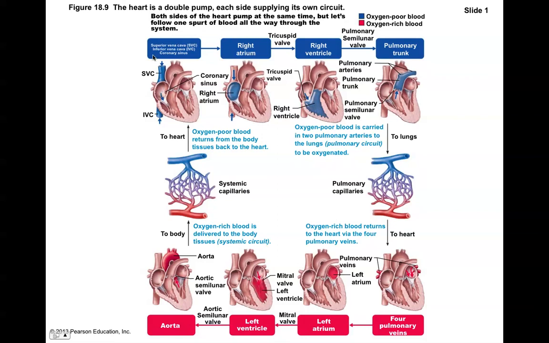And the blood is coming from the superior vena cava, and this is deoxygenated blood returning from the upper part of the body. And then the inferior vena cava, that's the large vein carrying all the blood from the inferior part of the body. And also, remember, we've got our coronary sinus in the back that's carrying the deoxygenated blood from the heart muscle itself, which has its own coronary circulation. But anyway, all this blood's returning to the right atrium, passes the tricuspid valve into the right ventricle,